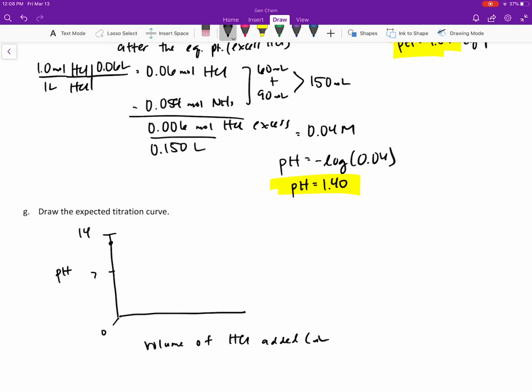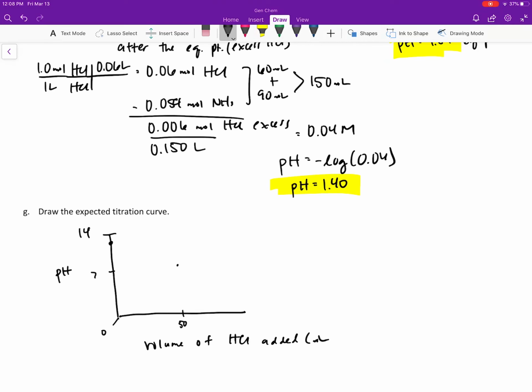And then we know the equivalence point is around 50. After 50 milliliters of acid added, the pH was 8.16, so